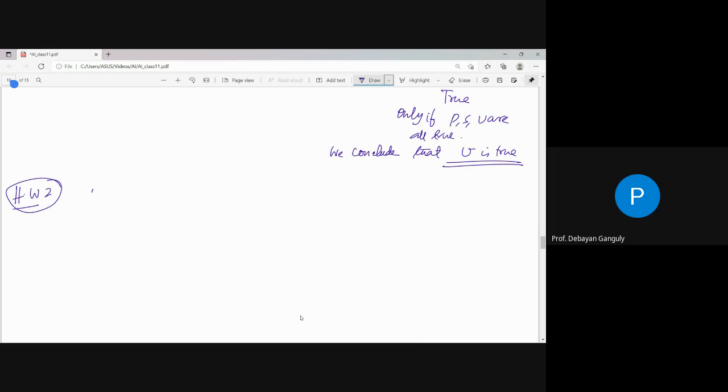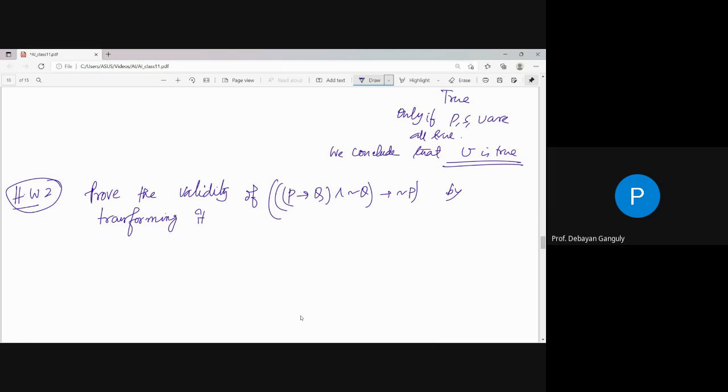আচ্ছা ওটা দিয়ে যখন আসবো তার আলাদা। যেমন ধরো আমাকে যদি এই হোমওয়ার্কটা দেয়, ধরো বললো প্রুভ দ্য ভ্যালিডিটি অফ P implies Q and not Q and implies not P। আমাকে যদি এইরকম একটা কিছু দেয়, বললো ভ্যালিডিটি প্রুভ করতে বাই, you can transforming it into CNF। তার মানে তোমাকে এটা ট্রান্সফর্মিং CNF করে ফাইনাল রেজাল্টটা ট্রু আনতে হবে, দেখাতে হবে দ্য ফাইনাল রেজাল্ট শুড বি ইকুয়ালস টু ট্রু। দেখবে চেষ্টা করে পারো কিনা। অনেকভাবেই প্রুভ করা যায়।